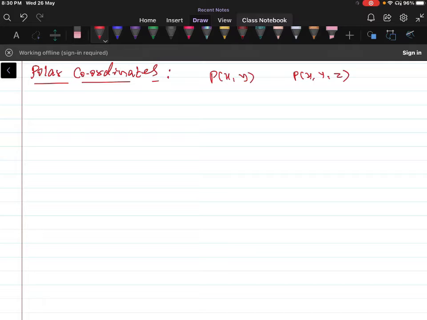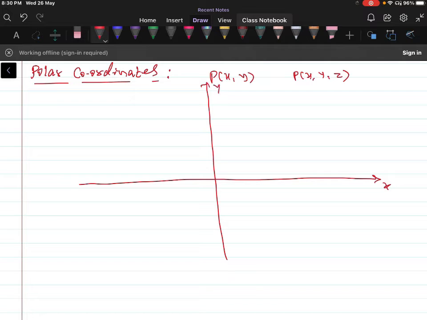The Cartesian coordinates in the plane are specified in terms of the x-coordinate axis, that is the horizontal line, and the y-coordinate axis, which is perpendicular to the horizontal line. This is the y-coordinate axis. The intersection of the x and y axes is nothing but the origin of the Cartesian plane. The Cartesian coordinate of a point in the plane is written as an ordered pair x comma y, where x is the first number, the x coordinate,